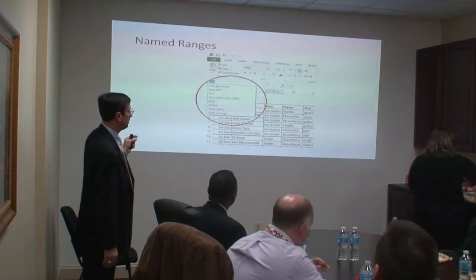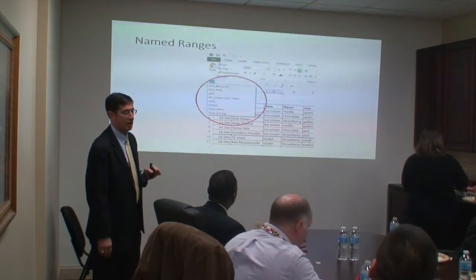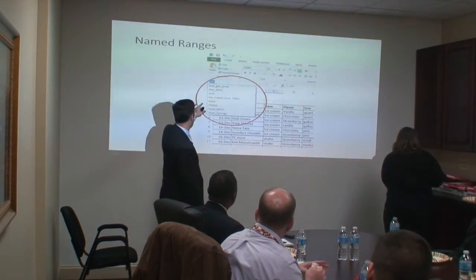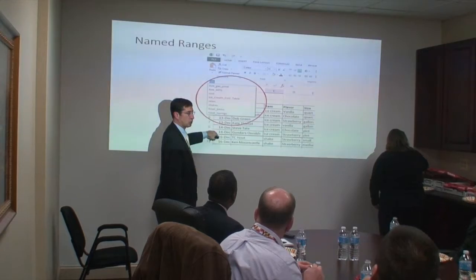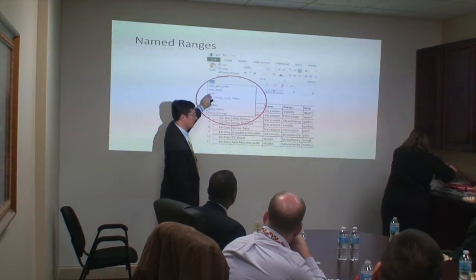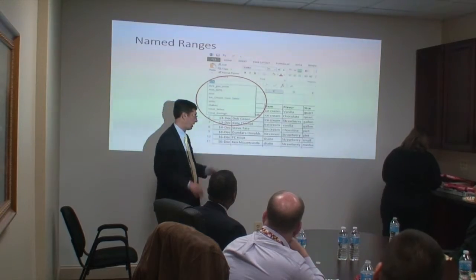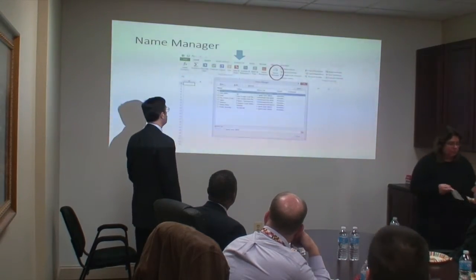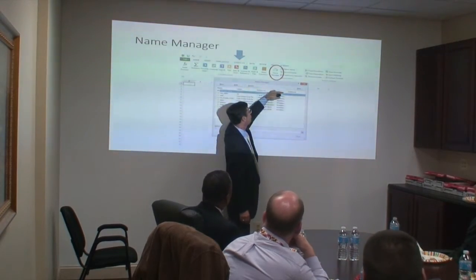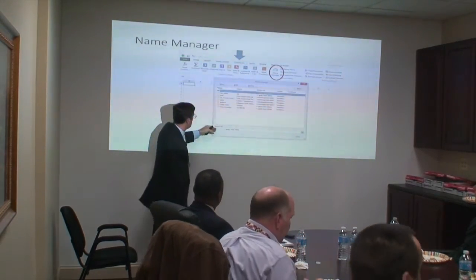But now, one of the frustrations I've had in the past is once you create these, you can't just go to cost and change the range and then type in cost again. It doesn't work. It's permanently associated with that, or it seems that way. There's actually a function, if you go under formulas, there's a thing called name manager, and when you select that, you get this